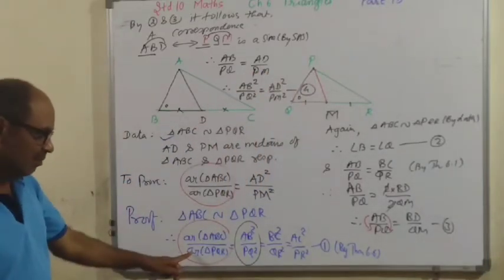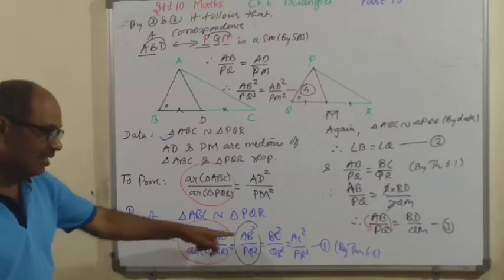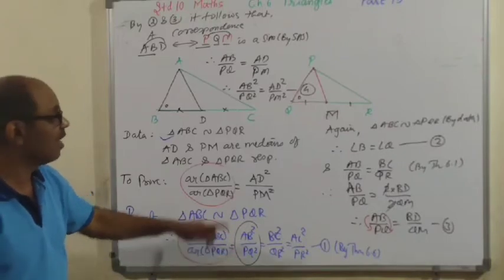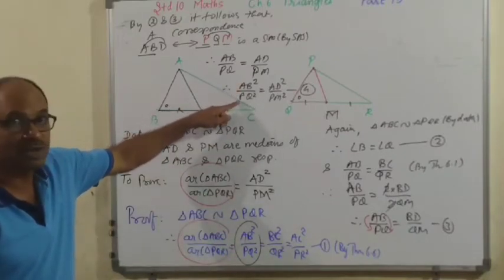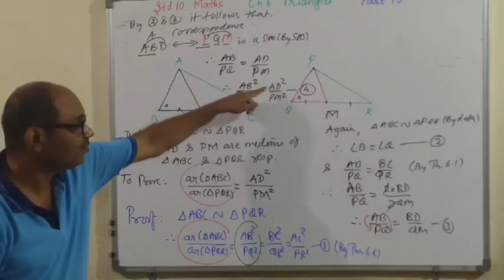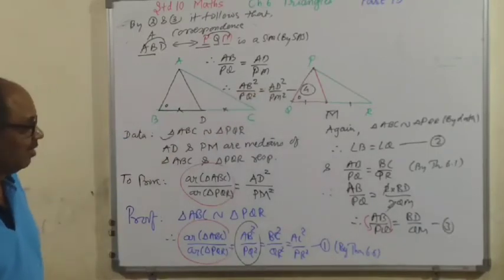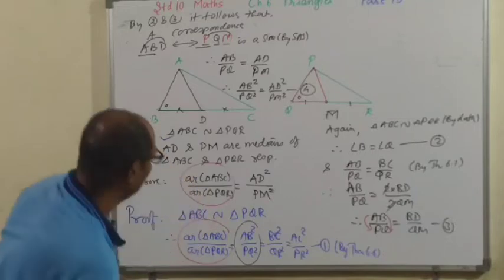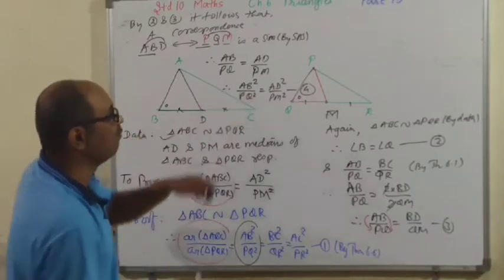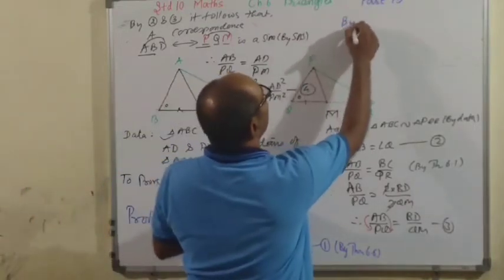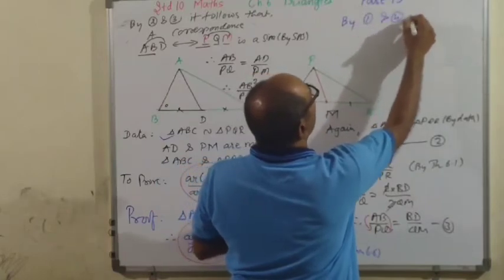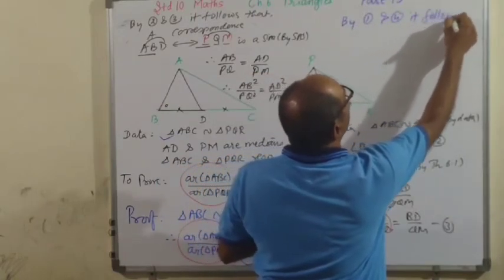Now see, result number 1, ratio of areas is equal to AB square upon PQ square. But same AB square upon PQ square we have proved in result 4 is equal to AD square upon PM square. That's it. By 1 and 4, it follows that